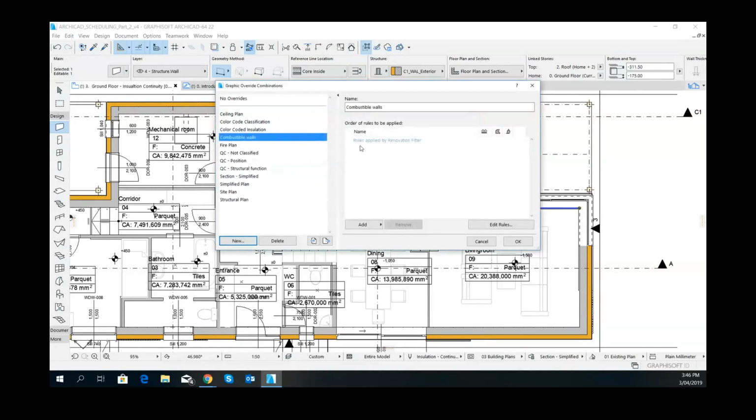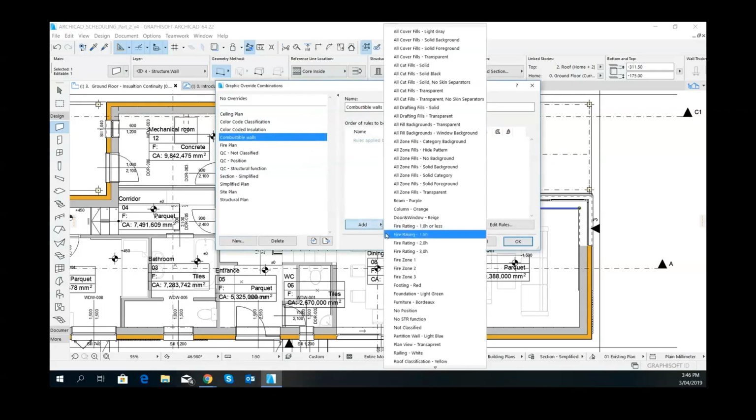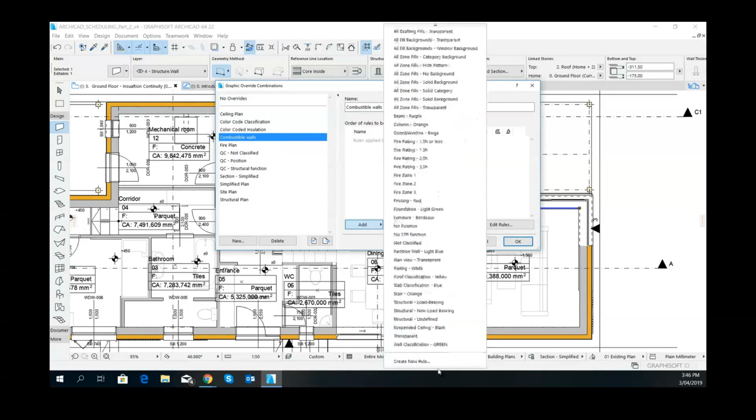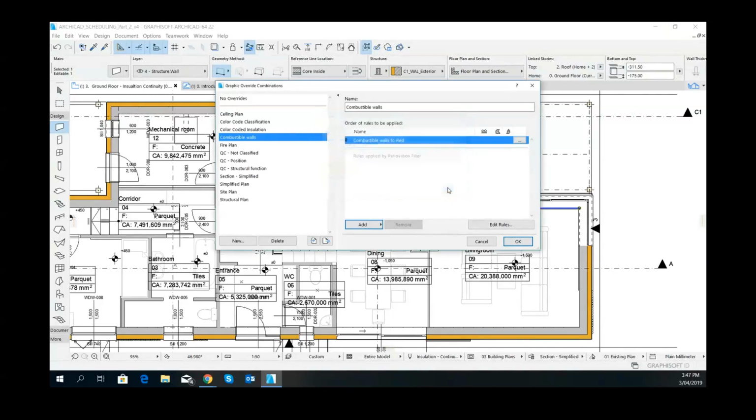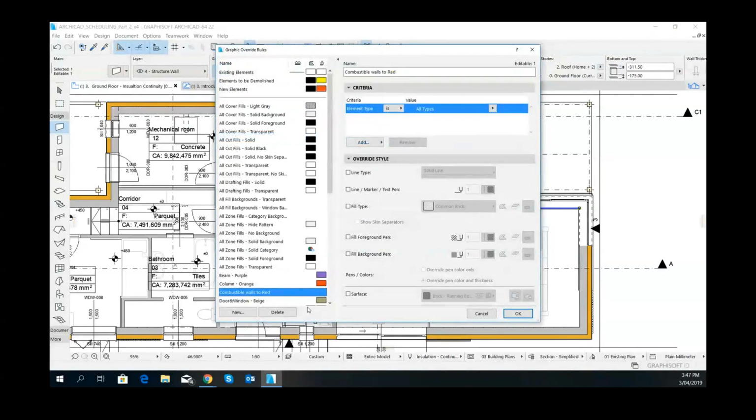Okay, and we want to add a rule. There's not one in there. So if we say change to red, and then edit our rule, now it's going to ask us what we're looking for. So we'll make anything that's combustible red. So we'll go all types of elements,